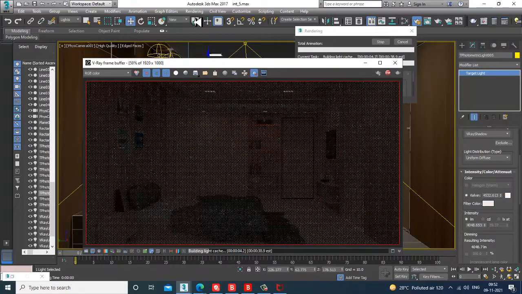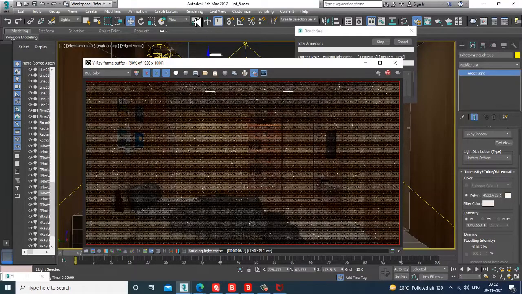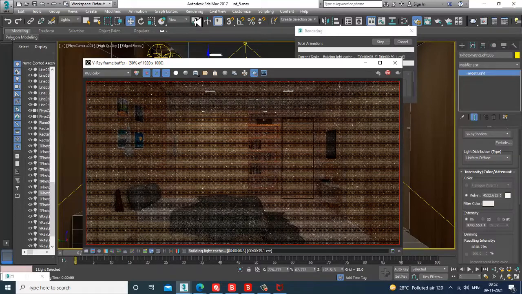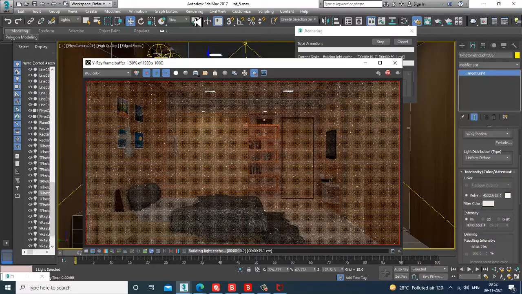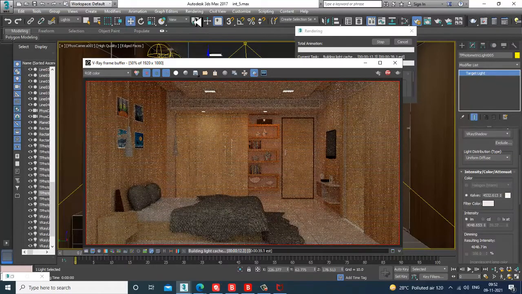Alright, it looks much better now. It's not always necessary that you activate the shadows of all the lights. So I have turned off the shadows of these two lights over here.